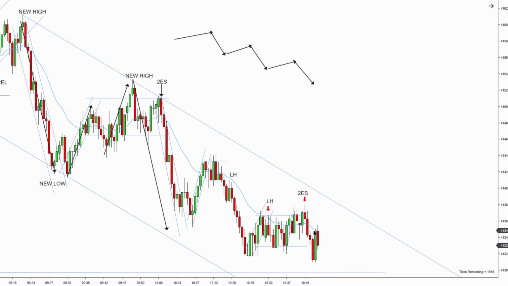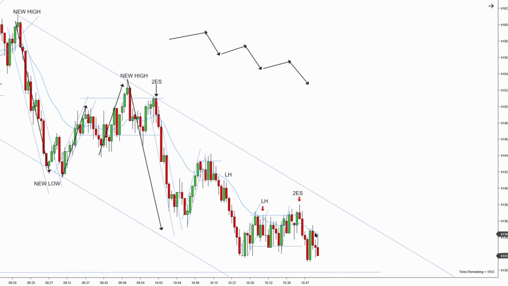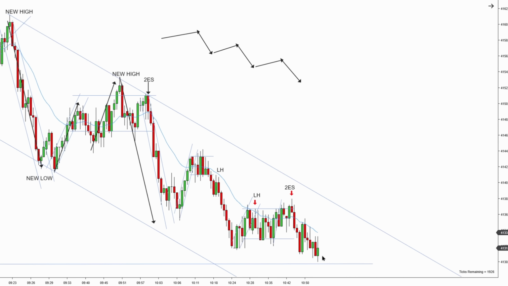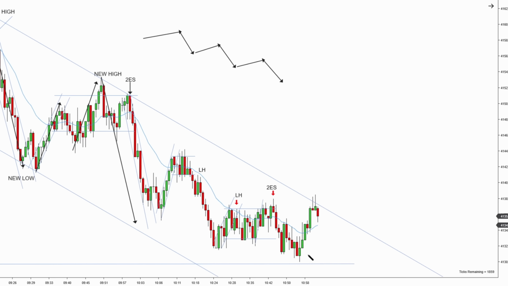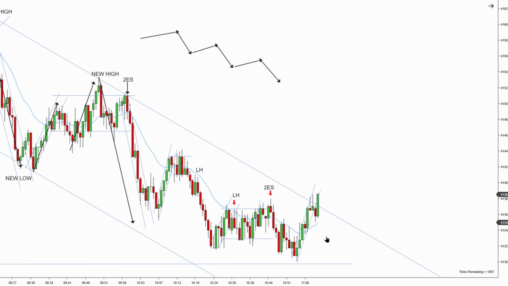Now you have a breakout pullback, and now it's back in the congestion. Big bullish bar, no room to scalp lower. Same thing here, second entry short, but you're so close to these lows. Even though you may scalp, it's just not worth it. Notice you're so close to the low today, at the very low of this move. This is a weak downtrend. You can't do this. Okay, we're breaking the trend line.